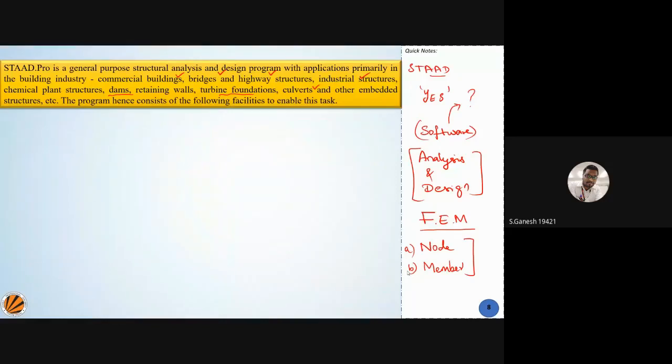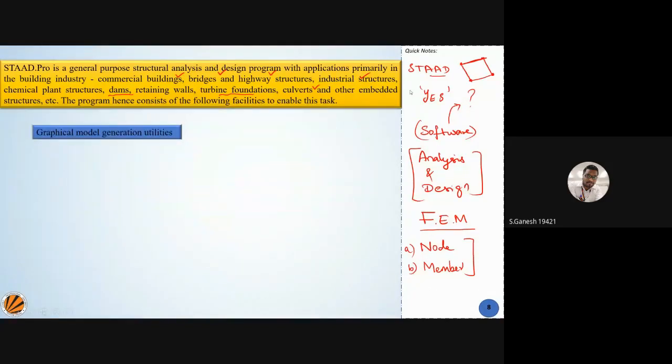You create a FEM model: you create a number of nodes, and then you join a number of members. Again you create a node, you create a member, and you join these. So you get your structures. That makes your structure possible. So that's what the software is all about.